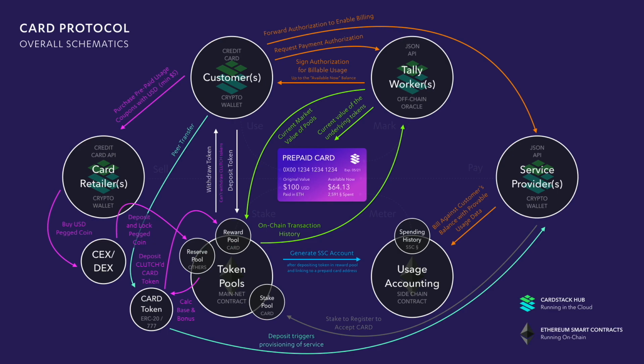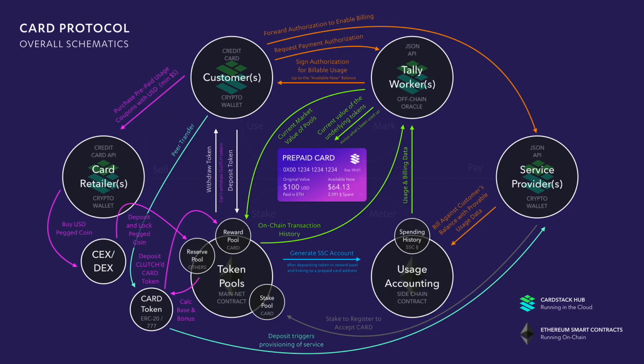And that authorization is handed to a service provider, not on chain. Just like, hey, I'm coming here, I got a little slip that says I can go spend this much. Okay, good, you can go and do the thing. The service provider can then accept that authorization to enable billing, and that's what the service provider uses, that balance and the provable usage data, using off-chain calculation but cryptographic in origin, to then say, hey, here's usage. They did $5. They picked up this thing. They bought this thing. They played this game, and then that spending history accumulates for the service provider. So that's how the customer spends.